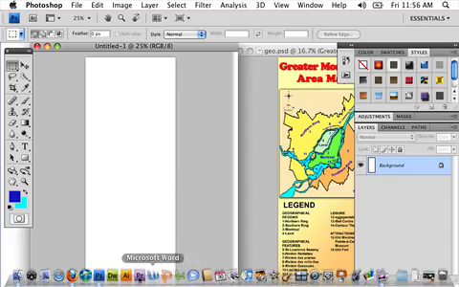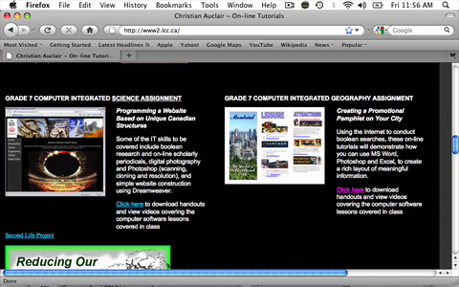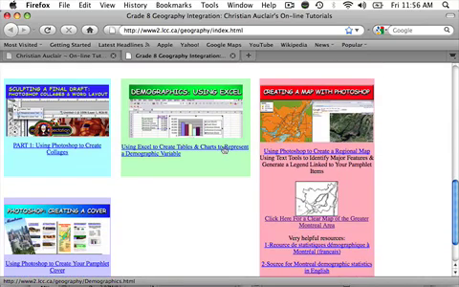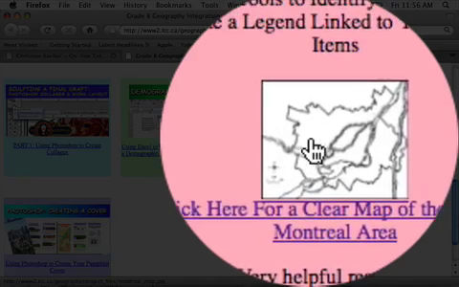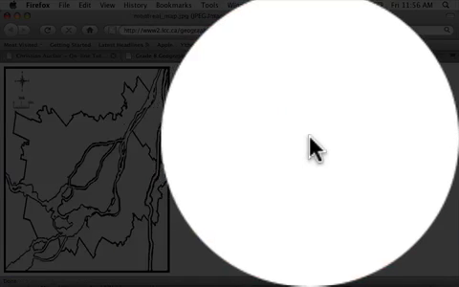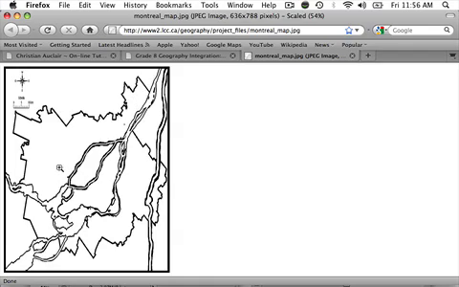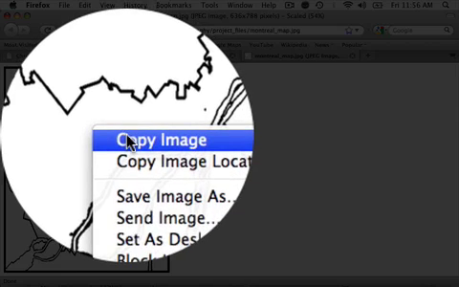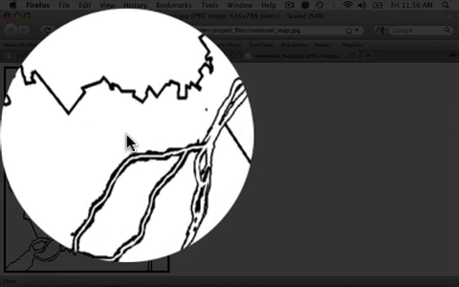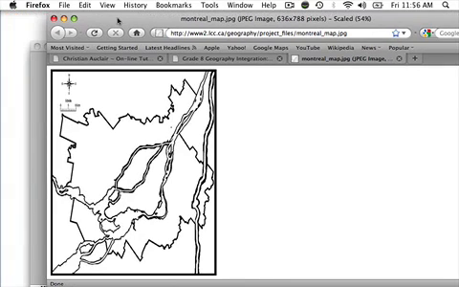Now to get started on this lesson website, that is to say the Integrated Geography Assignment, creating a pamphlet for your city, if we scroll down to the lesson on creating a map with Photoshop, I've included a practice map in here for you. So if we click on that, I cleaned it up so that when you use your paint bucket, the color will pour in evenly across. It won't get jammed in smaller areas. So let me right click on this, and I'm going to copy the image,